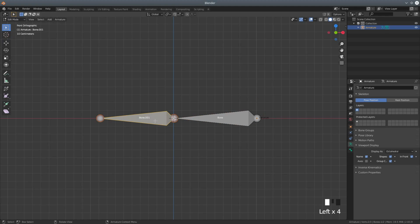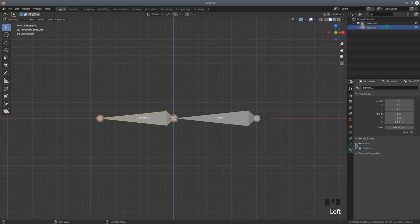or maybe edit mode, I think edit mode would be better. We select this bone 01 and we go to the bone properties and pop down the relations panel, and you can see that for bone 01, which is the bone we've got selected, in its properties panel here, the bone is connected, it inherits rotation, and its parent is called bone. And if we killed that relationship, so if I undid that parenting, so if I just get rid of that,